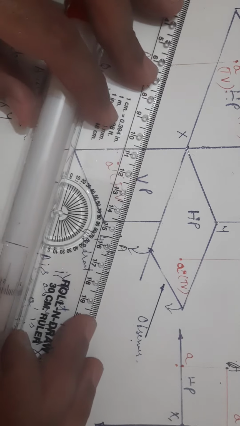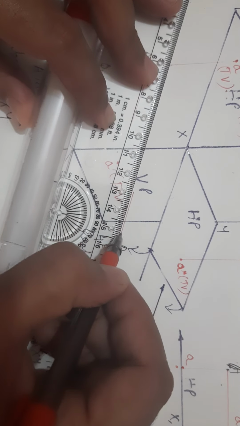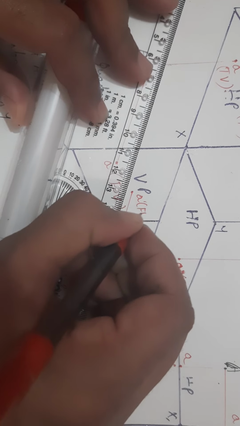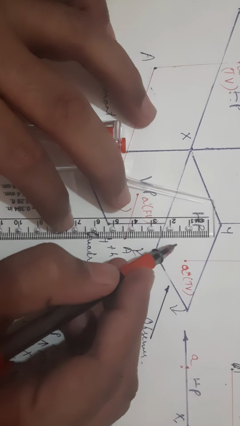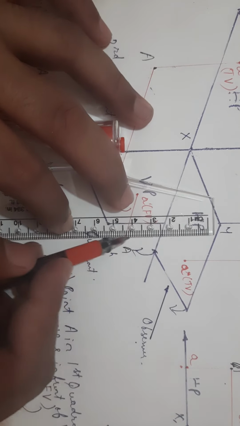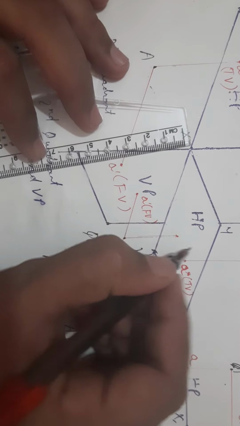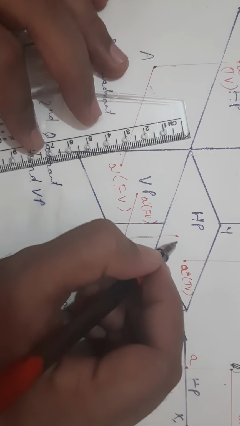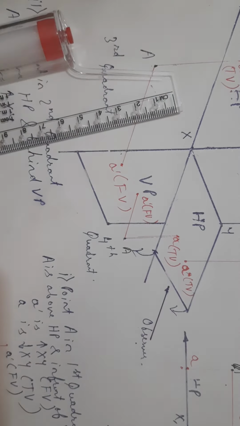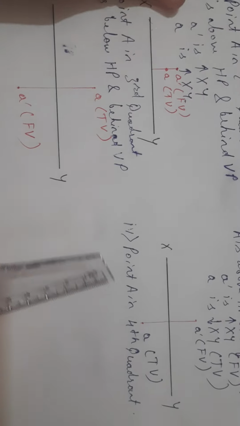And then I locate the front view of this point like this. And see, this is the front view A dash. I will be mentioning it as front view. And for point A, the top view, I will be projecting a light from the top, considering this plane as a transparent one. This is point A, which is the top view. Again, to be very specific, point A in fourth quadrant, I came back over here.